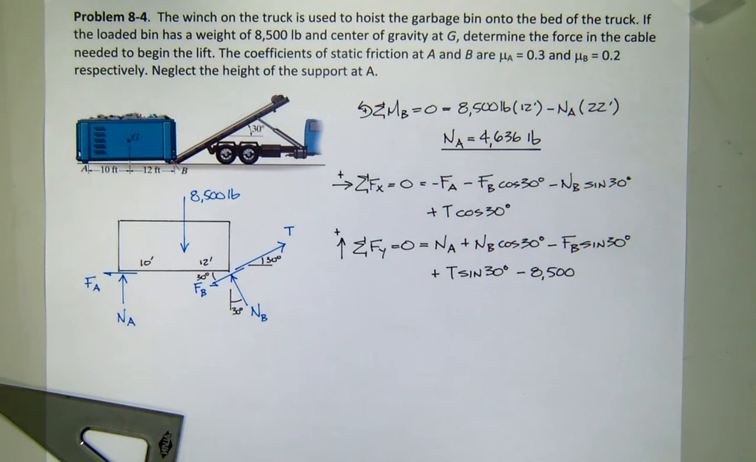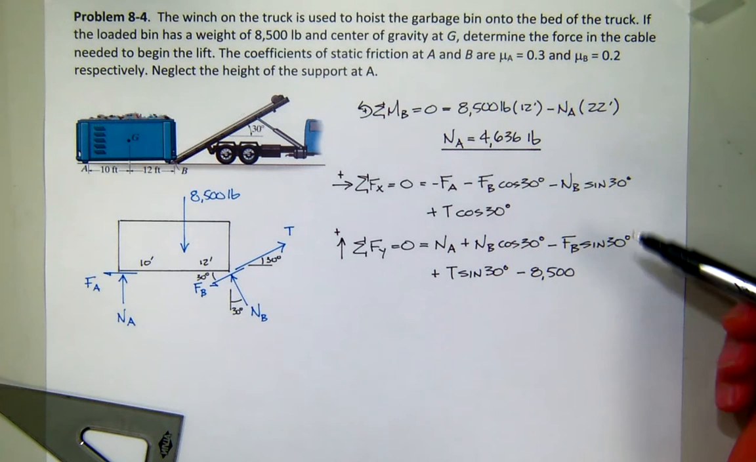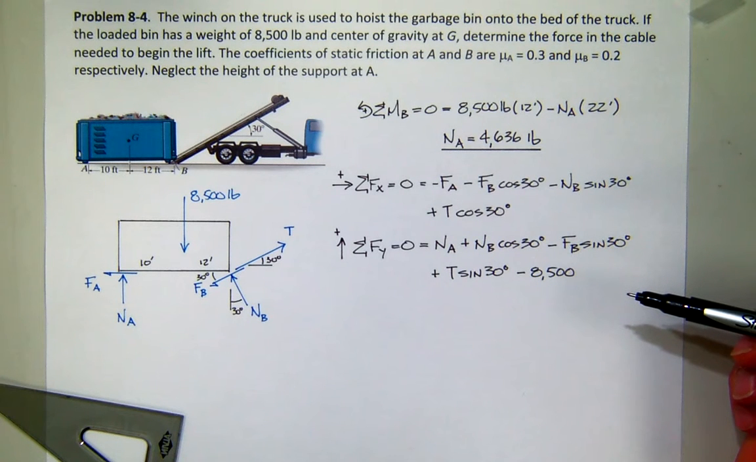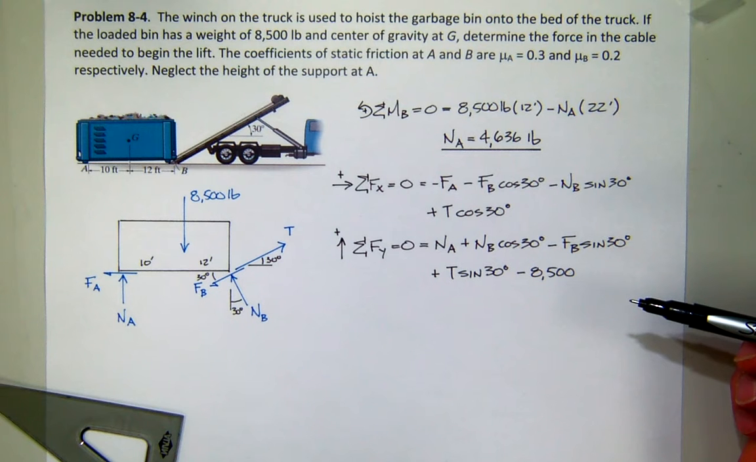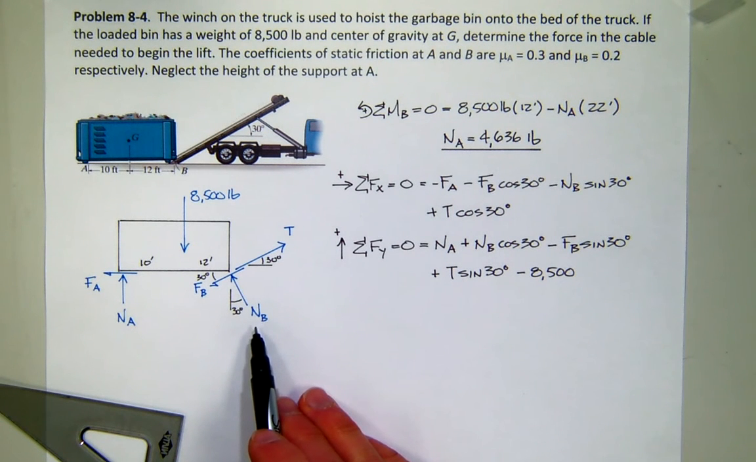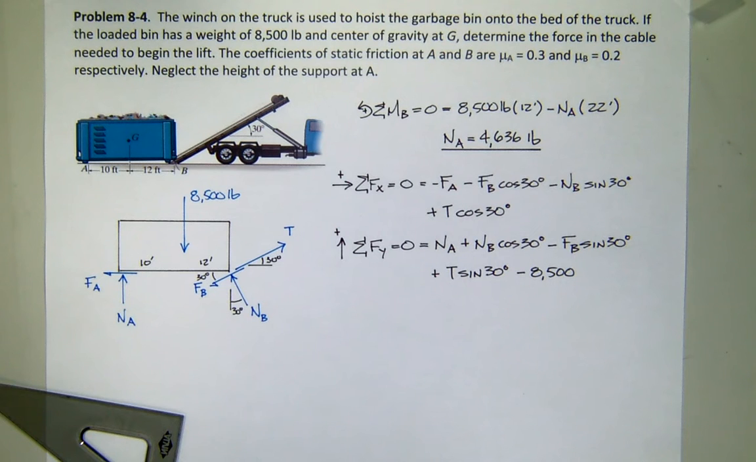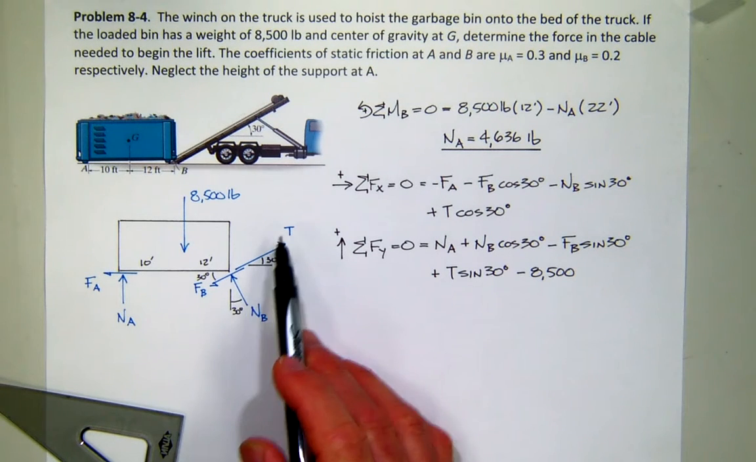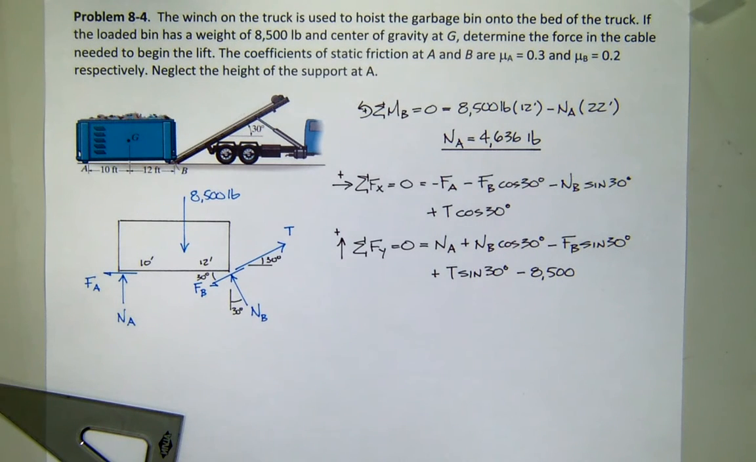Wow, not very exciting equations to look at. Doesn't N of B have to be equal to whatever 8,500 minus N of A is? Now say that again. Doesn't N of B, like the normal force of B, have to be equal to the weight of the tractor minus the trailer minus the normal force of A? Well, you've also got the tension of the cable. It doesn't look very good, but you'll notice